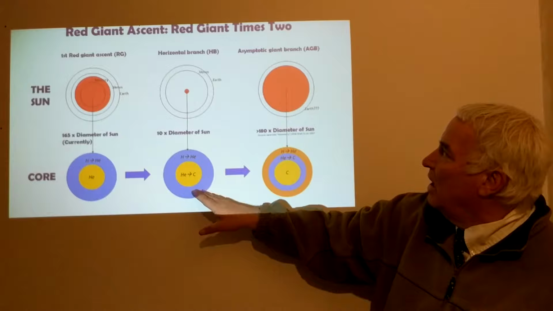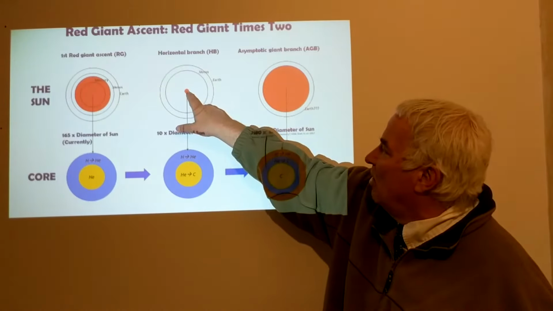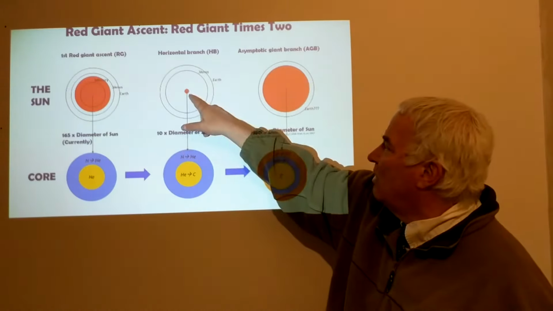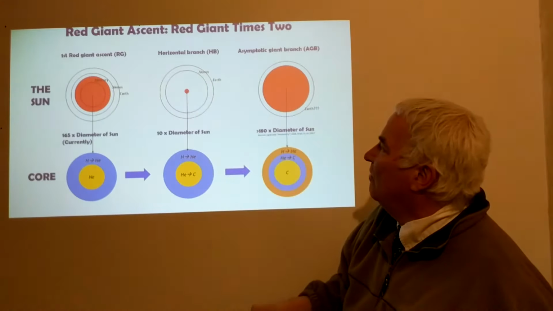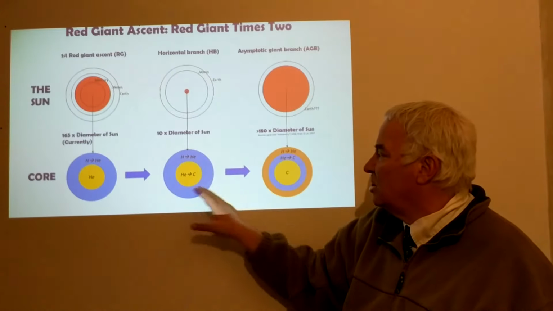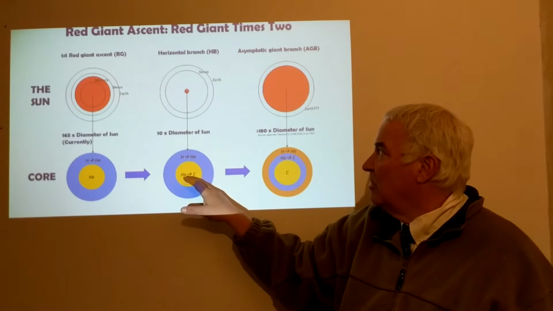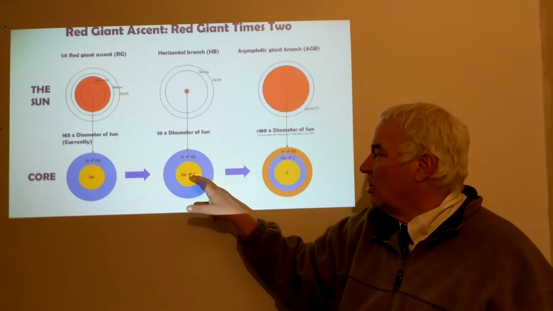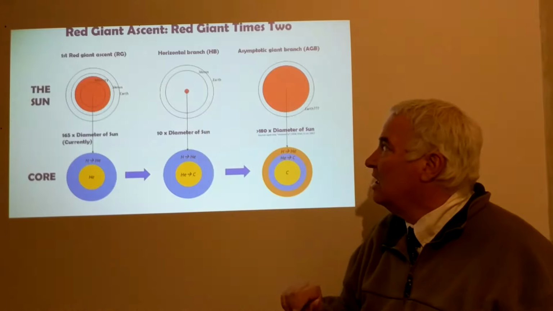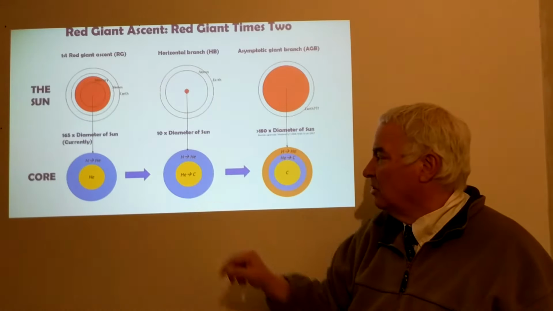And then the horizontal branch, the star then becomes much smaller because we saw that it moved off away from the top right corner in the HR diagram, smaller than Venus and Earth. Mercury is now gone. Hydrogen is converted into helium in a shell surrounding the core. And the main source of energy is helium converted to carbon in the core itself. So the horizontal branch is much like the main sequence in that there is core fusion.